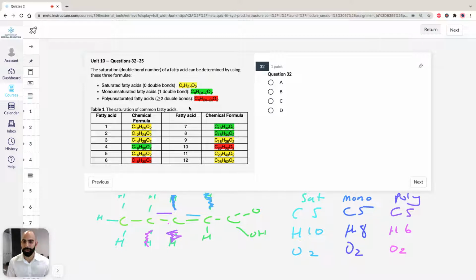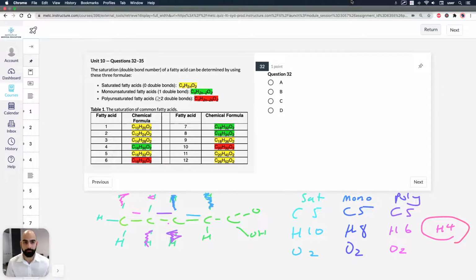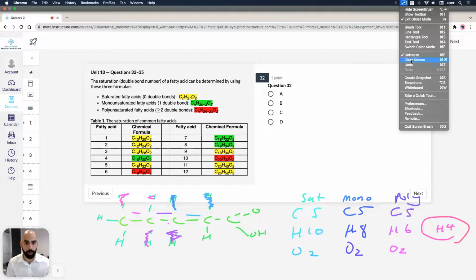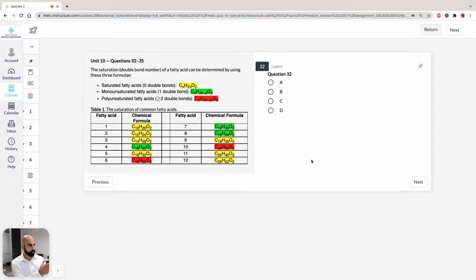It's the same if you had 3 double bonds. You remove another hydrogen, same deal, and you're going to have H equals 4. If you do the equation, it's 10 minus 2 times 3, so 10 minus 6, H is 4. If you use these kinds of formulae for these types of questions in the GAMSAT, you can definitely